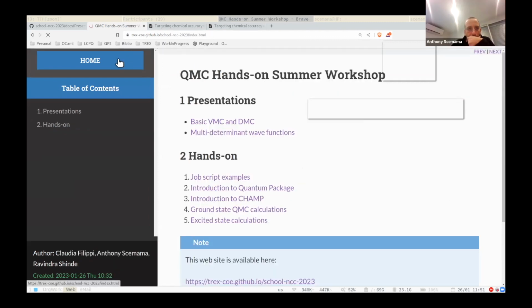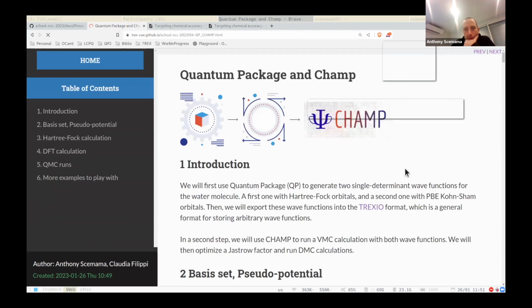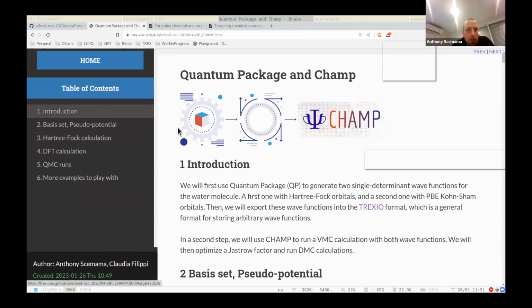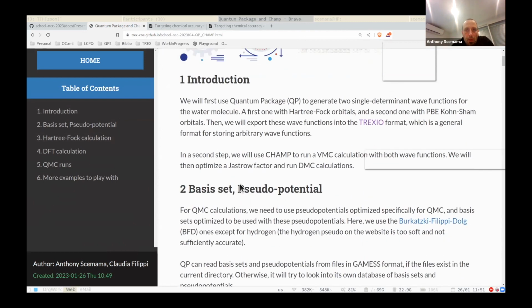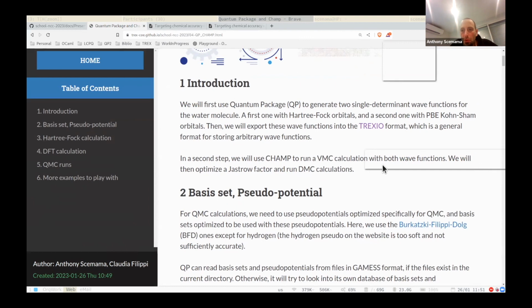Now let's start to try to do some real calculations. What we're going to do is run Quantum Package, then produce a TREX.io file, and then use this TREX.io file in CHAMP.